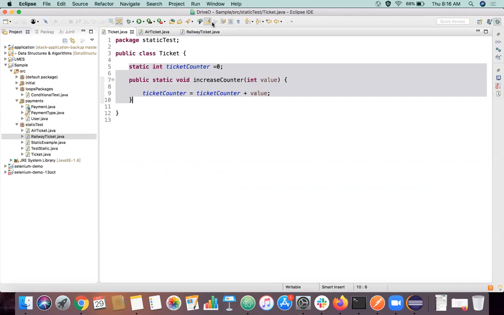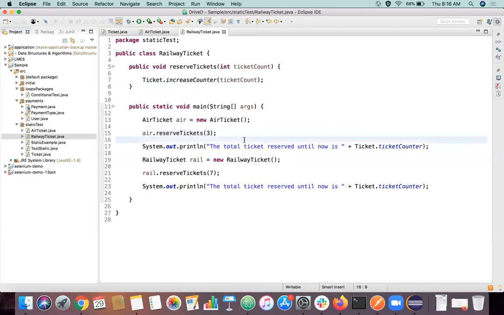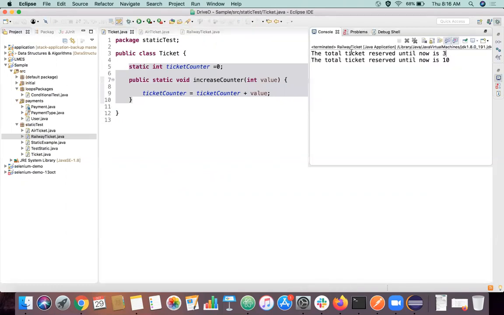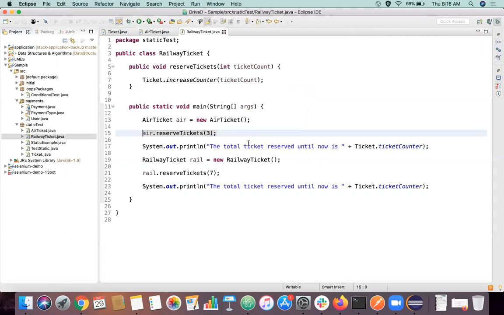So now at this point, when this line is executed, the ticket counter value will be 3. Okay. And we are trying to print that, right? So now it is 3, where we are trying to print here, right? Ticket counter value by directly calling the variable through its class name itself instead of an object. So we are creating one more object for a railway ticket. We are calling its method increase counter.